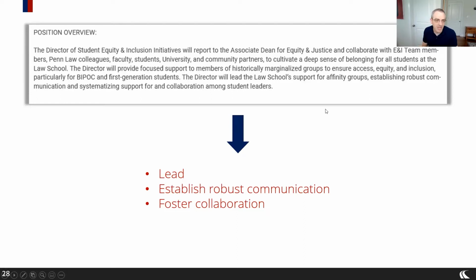So here's a position I pulled. This is the Director of Student Equity and Inclusion at Penn Law, I believe. In the general overview of the role, you're going to see some of the main themes that are important to understand, because those main themes should be some of the key takeaways